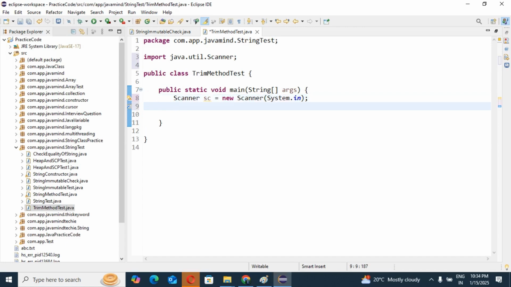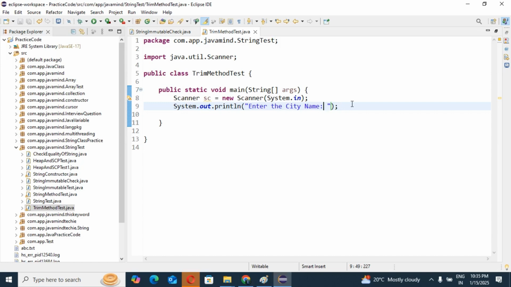After that, we can print one statement: System.out.println, "Enter the city name." So we'll request the end user to enter the city name.